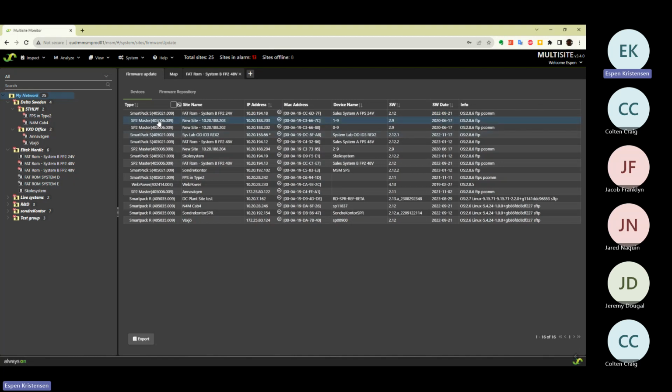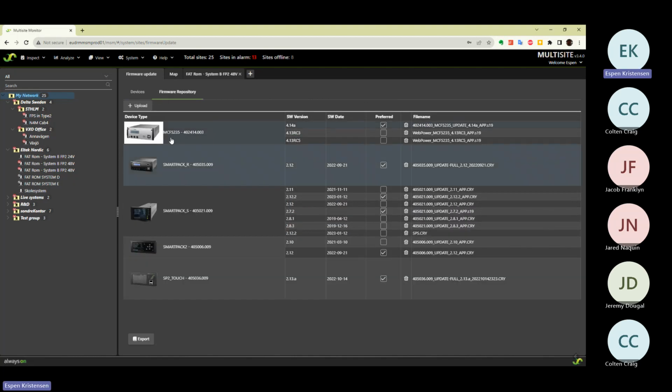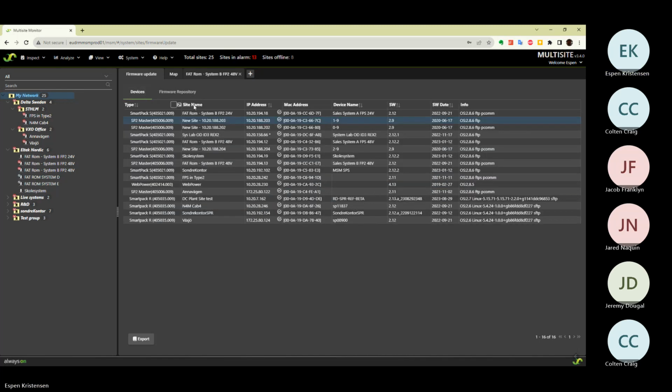So you can see on this which sites you have with what controllers, what software, etc. And you can store a repository of software versions that indicate which of the versions are the preferred or the required option in the system, and then you can